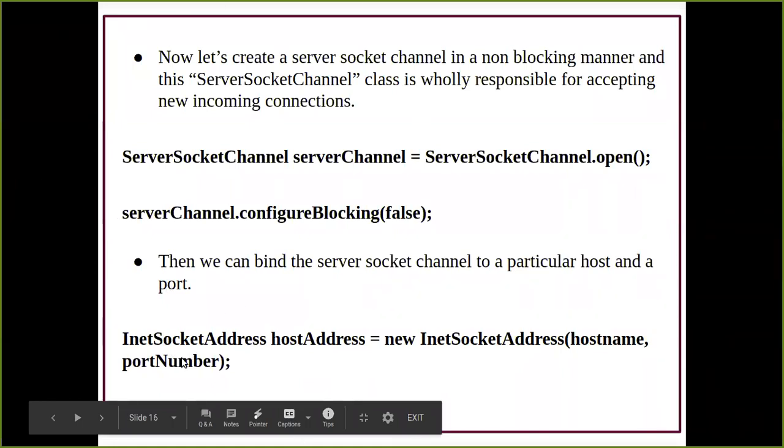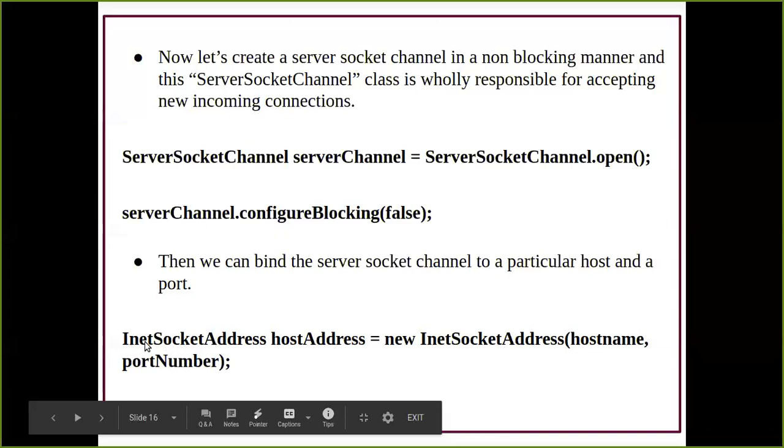Now what I'm going to do is fetch a host address. This is an object name, you can give any name over here, but this is a defined class name, that is InetSocketAddress. This is responsible to accept the port number and the host name of the client. It is going to fetch the host name and the port number of a specific client.